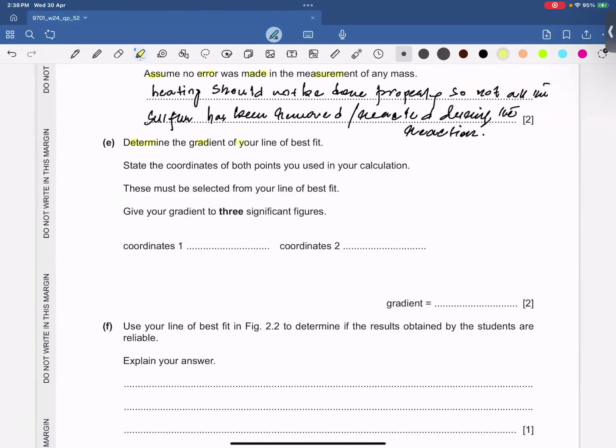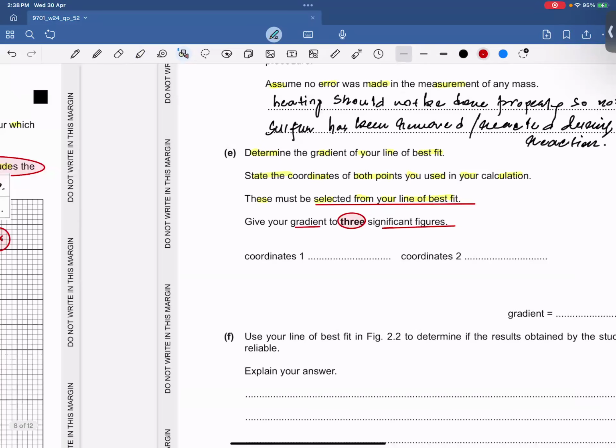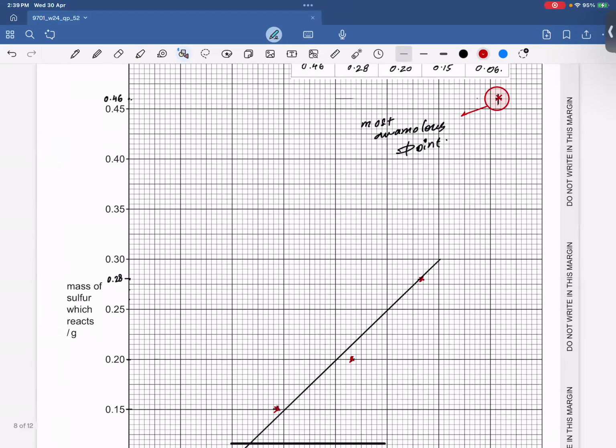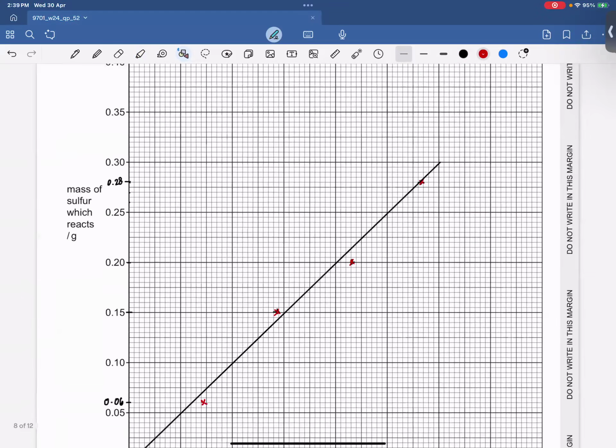Determine the gradient of your line of best fit. Okay, state the coordinates of both points you used in your calculation. These must be selected from your line of best fit. So जो भी points ले रहे हैं वो line of best fit के होने चाहिए. Give your gradient to 3 significant figures. Okay. So हम इसको कर लेते हैं, कोई इशू नहीं है. So basically हम क्या कर सकते हैं, हम 3 पॉइंट्स लेना चाहते हैं तो हम